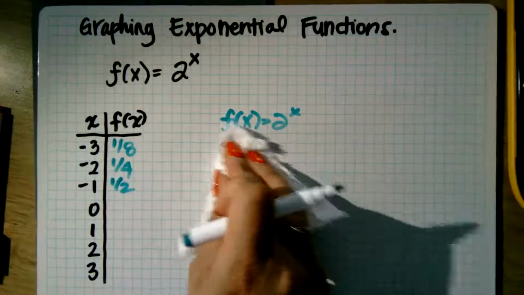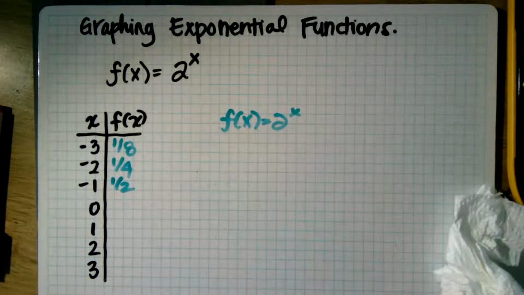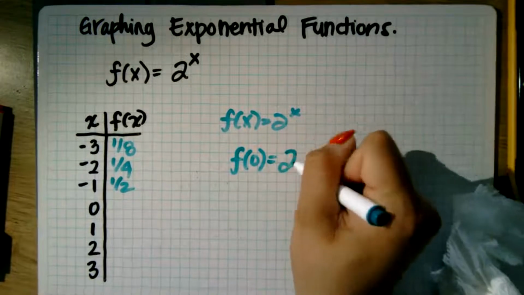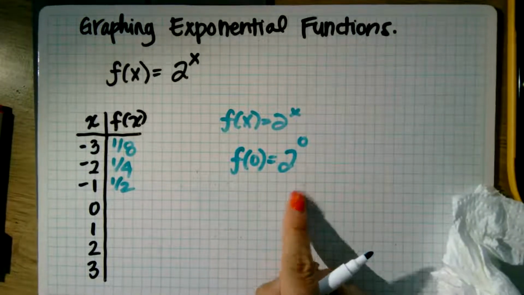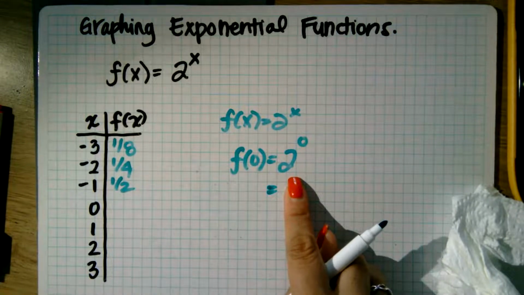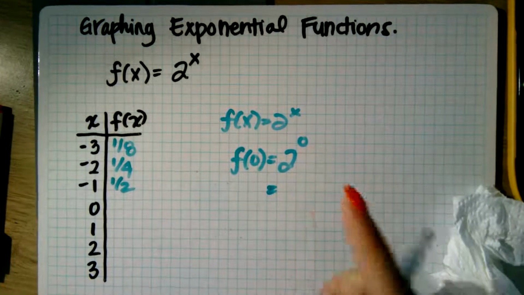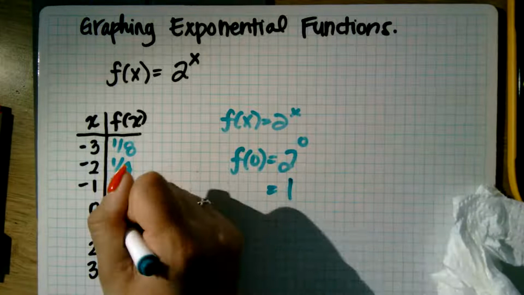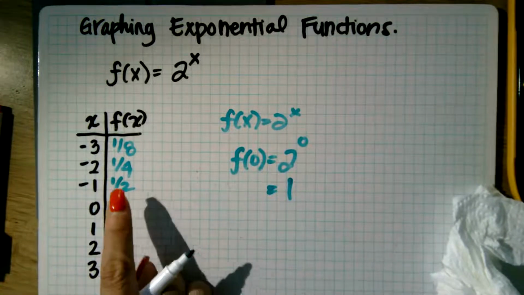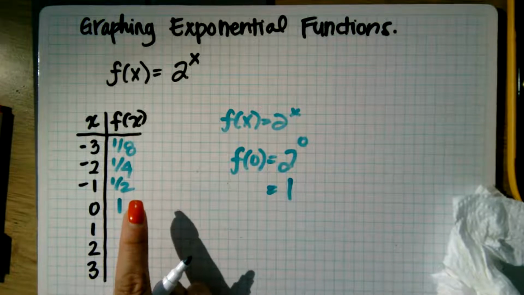And notice how important it is to understand those exponent rules, because watch this one. F of 0 is equal to 2 to the 0. The zero rule says that any base to the 0 power will always give me 1. So I know that f of 0 is equal to 1. And this point right here is really important, because since every single